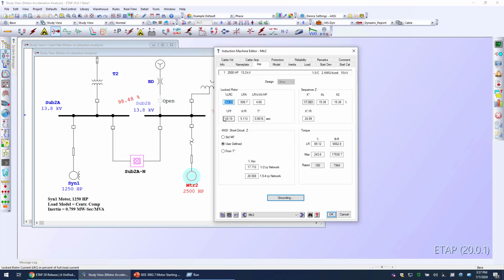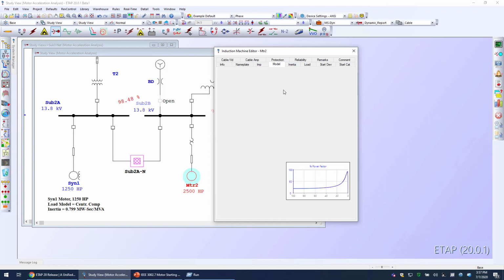So this is the minimum required information for doing not just static or an impact motor starting, but also for doing a short circuit analysis or doing an arc flash. So no other data requirements really are necessary for that. However, when you're getting into the more detailed dynamic motor acceleration, then we need to go over to the next